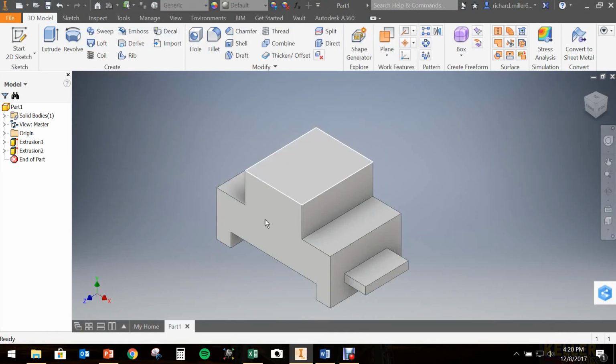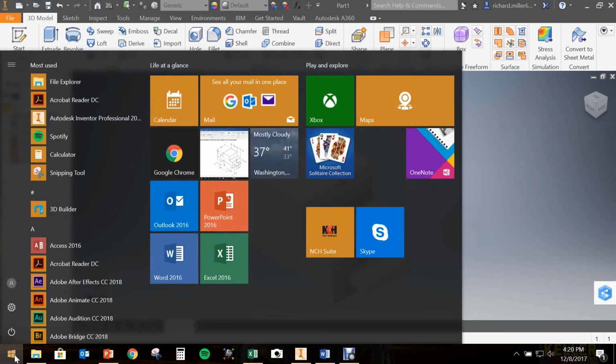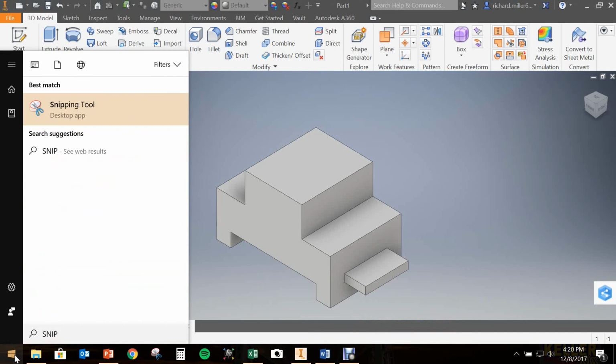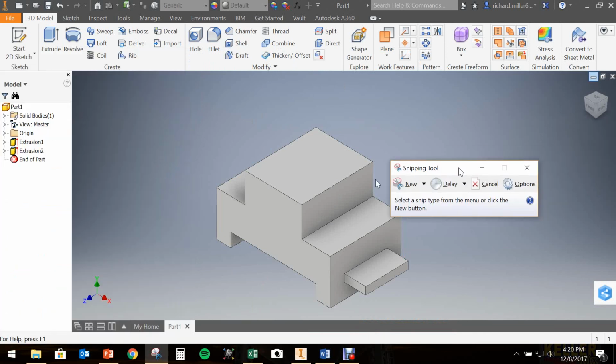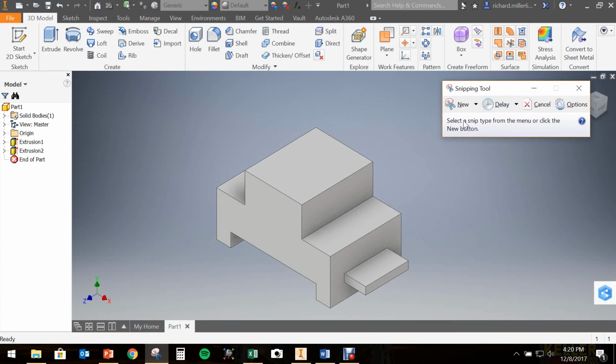So I'm going to go back to my object. I'm going to use, this is the snipping tool. You can find it this way. I keep it on my quick access bar, but you can go into the Windows button and just type in SNIP, and it'll pop right up like that. So click on the snipping tool, and you'll get this view like this. So I'm going to click the New button,